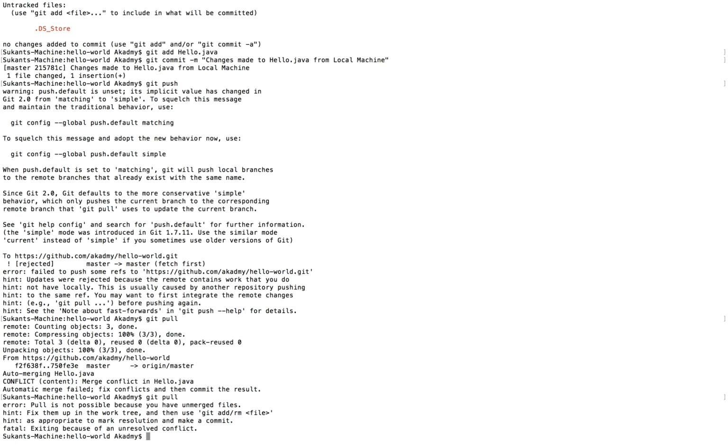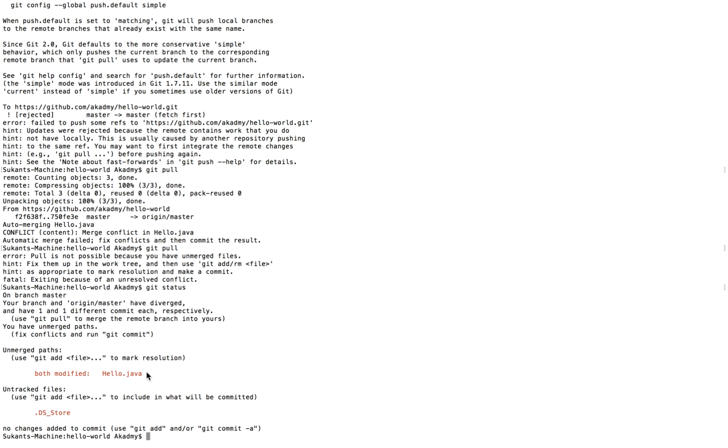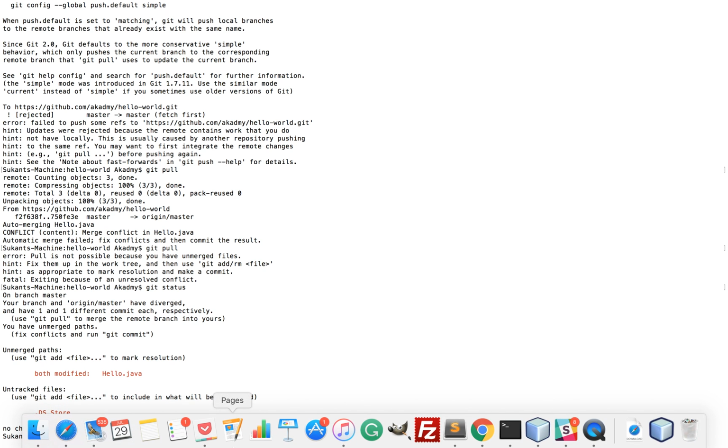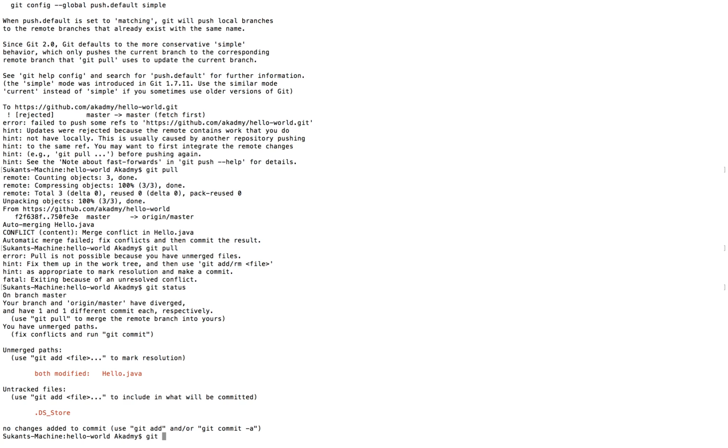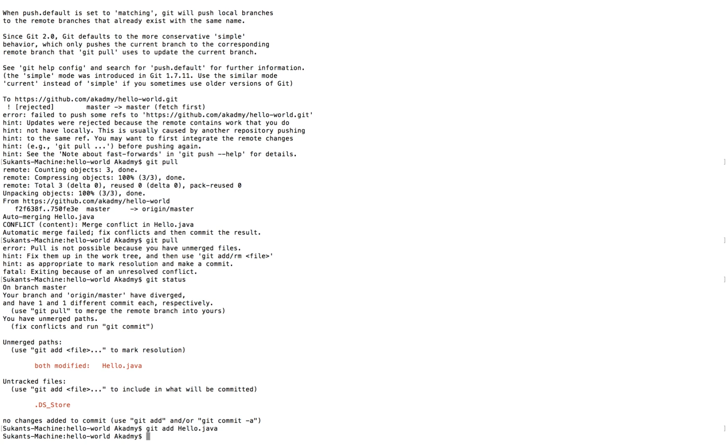So now let's check the status. It's again throwing some error. Over here we can see that hello.java has been modified, but it has not been added to the index of my local Git repository. So now I will add it to my local repository, git add hello.java, and again git commit -m "merge files",